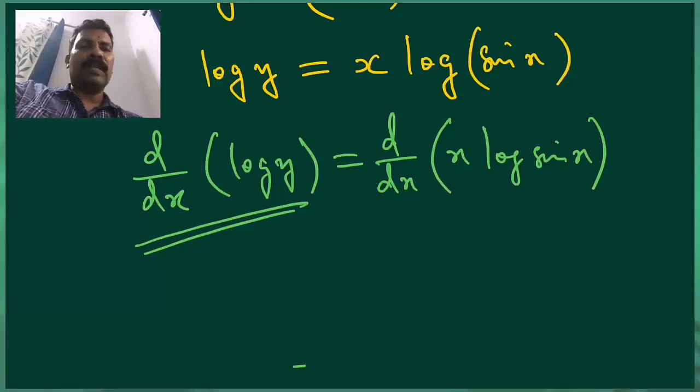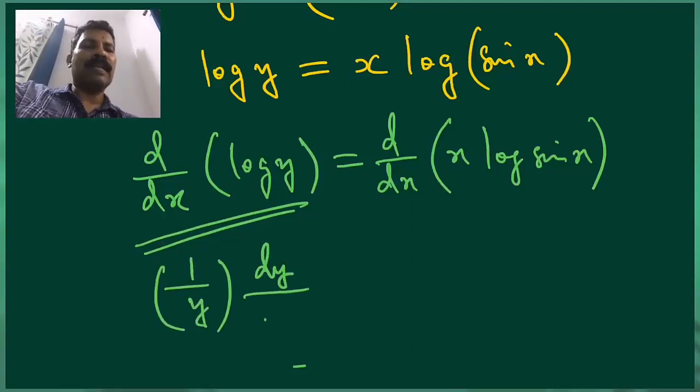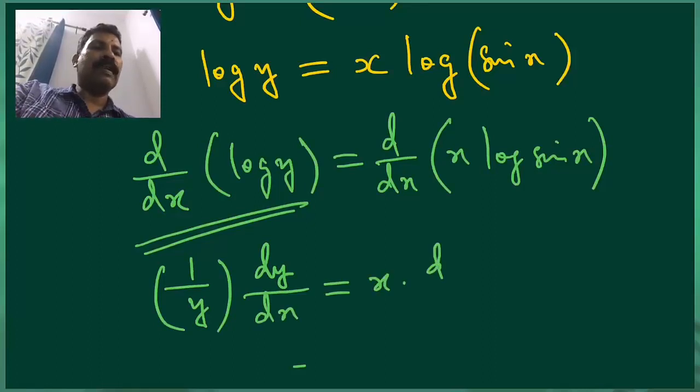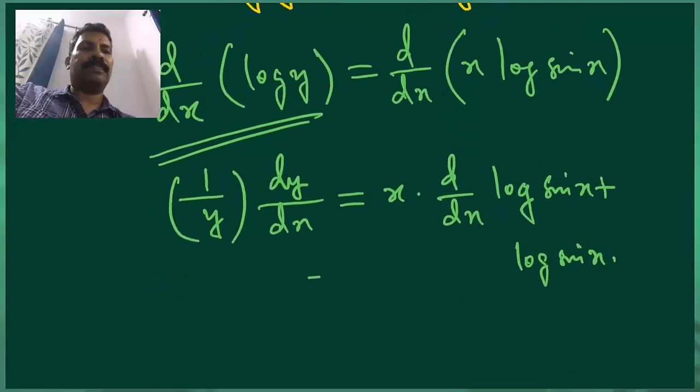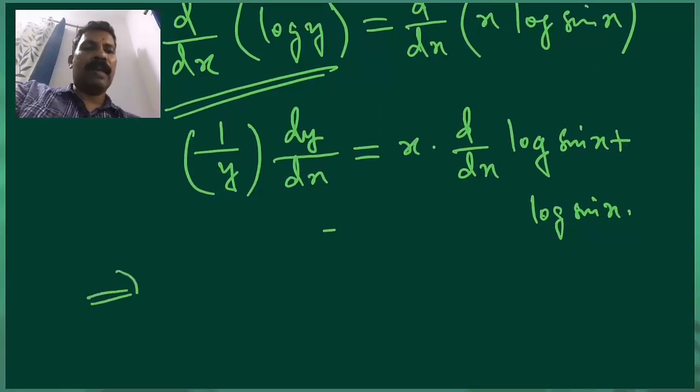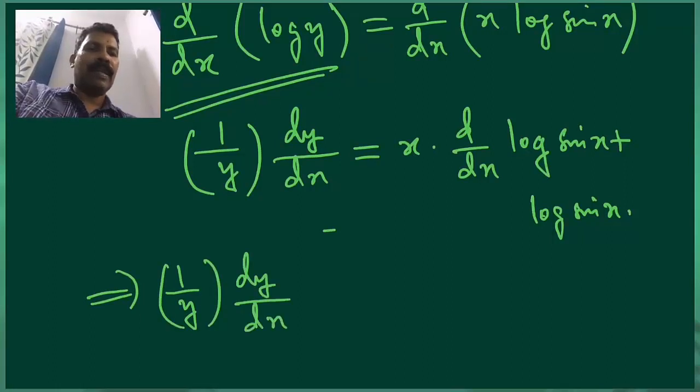How is it? Suppose you change this x to y, then the derivative of log y with respect to y is 1 by y, then to compensate dy by dx, then things will be much easier. Then here first into derivative of second, that is log sin x, plus second into derivative of first, that is log sin x into derivative of x, that is 1. You need not write it. So what happens? So that is 1 by y, let it be there, then dy by dx, that is equal to x into,